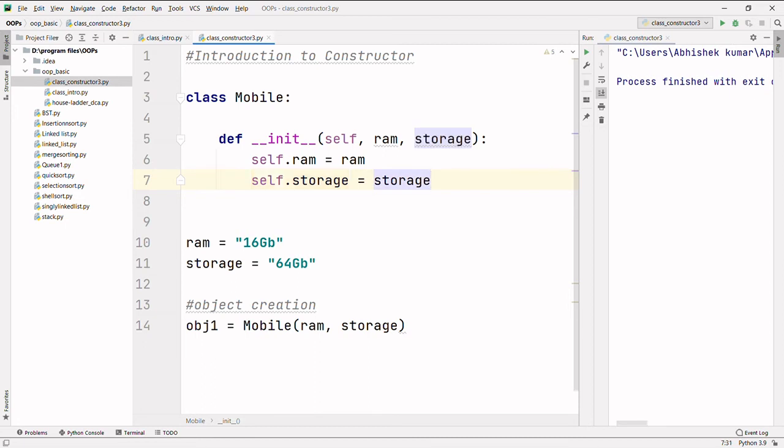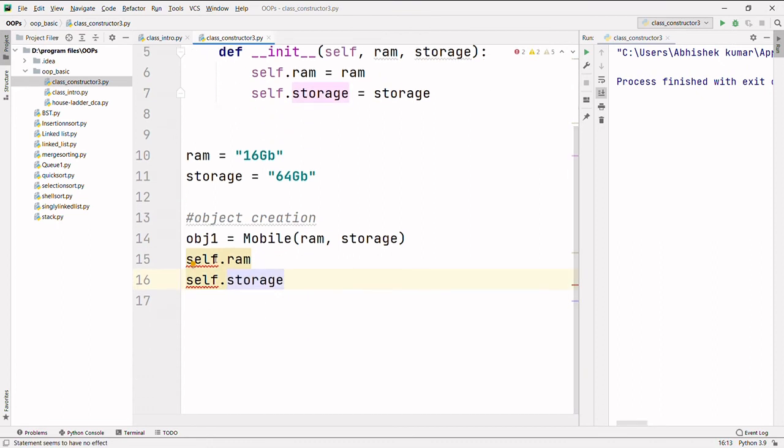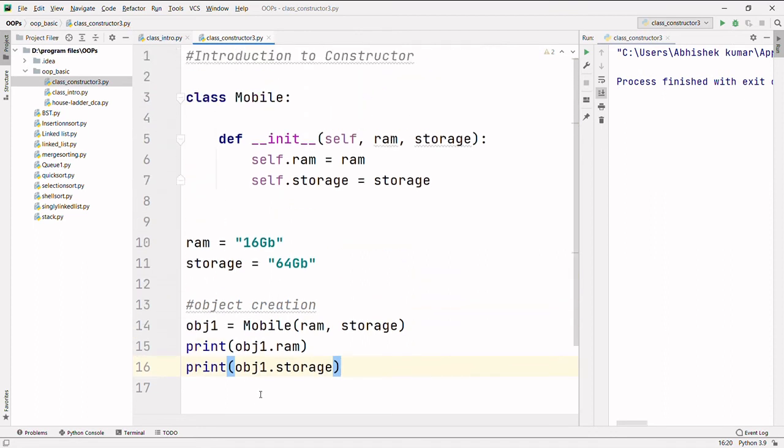To check whether the conversion of these variables into instance variables is completed or not, we'll print them outside the class by using the object name. We will copy self.ram and self.storage and paste them below line 12. Since we are outside the class, we'll have to replace the self keyword by the actual name of the object, that is obj1, and print it simply by using the print function.